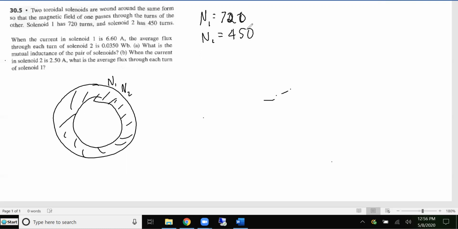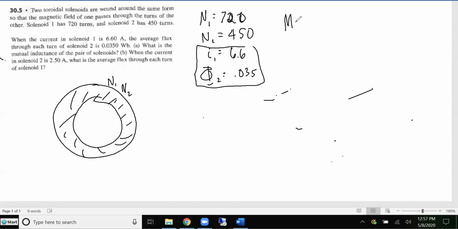450. When the current in solenoid 1 is 6.6, so I1 is 6.6, the average flux through each turn of solenoid 2 is that many Webers. So phi 2 is 0.035 for these two together. What is the mutual inductance of the pair of solenoids? What is M? M is, write it either way,